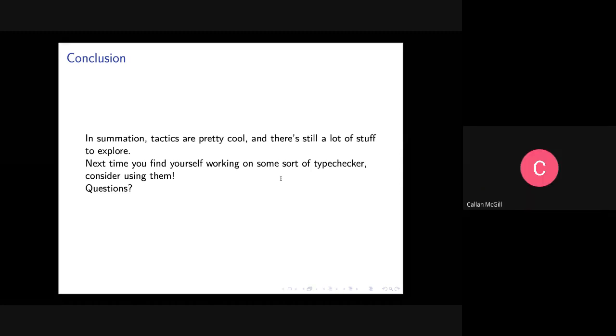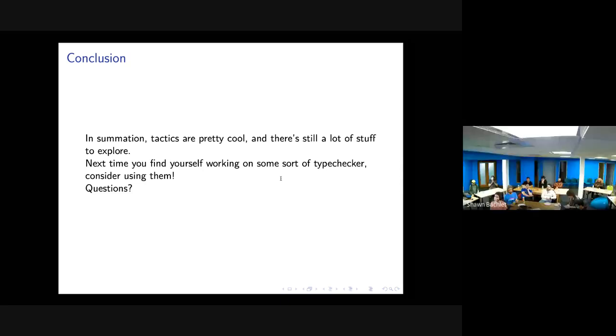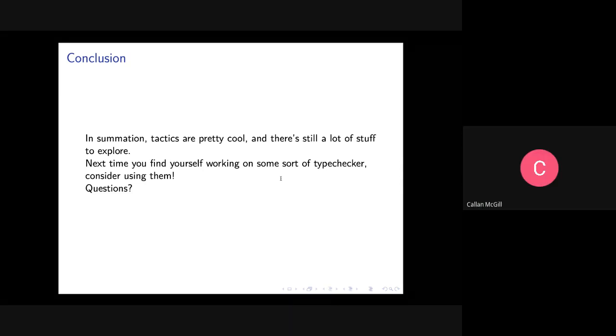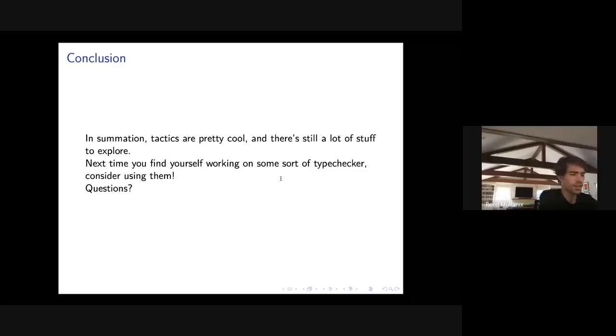One thing I was wondering is, if you do this kind of thing with elaboration, can you get some kind of hash consing for free, where you save things you've already elaborated and then use the same tactics again, so you don't have to recompile? That's a good idea. I haven't thought about that. That would probably work, yes. You have to be careful about the